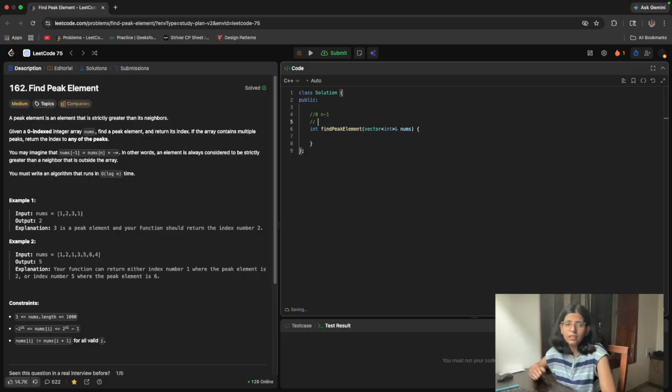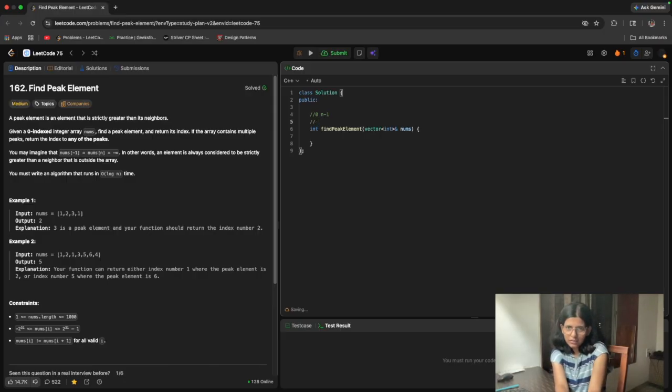If the element at index 0 is greater than the element at index 1, then we'll return 0, because nums[-1] is minus infinity, and nums[1] is less than nums[0].